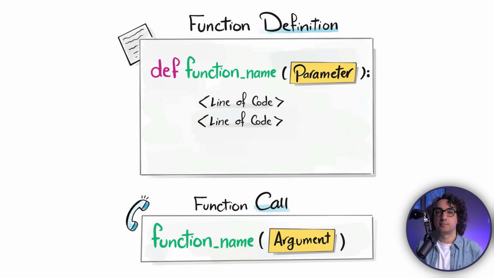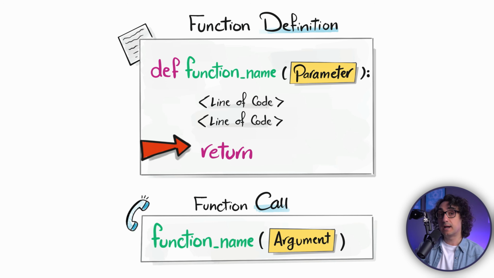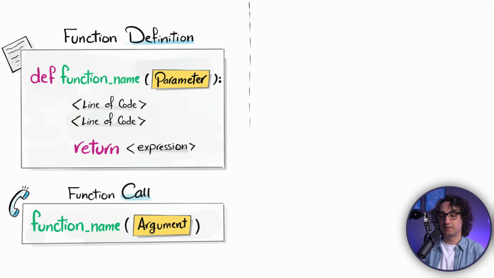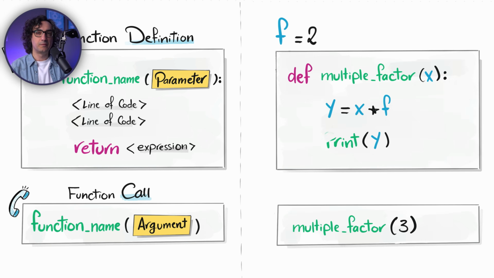So now of course let's have a look at the syntax. Now we have to change both components, the definition and the calls. So for the definition we're gonna go to the end of the function and add the keyword return. And after that, very important, you have to add something. You have to tell Python what to return. You cannot leave it empty. So it could be anything: a value, a local variable, a parameter, a calculation, logic, or maybe calling another function. So anything after the return is going to be okay. So now by looking back to our example, I'm going to remove the print, and instead we're going to put a return. And what we are returning here is the local variable, the final result of the calculation,